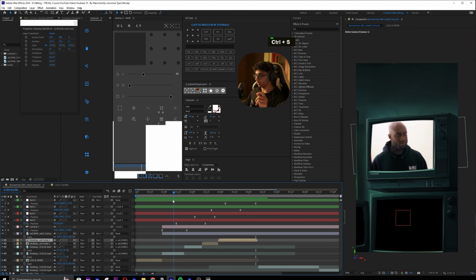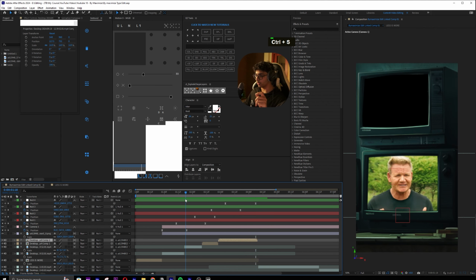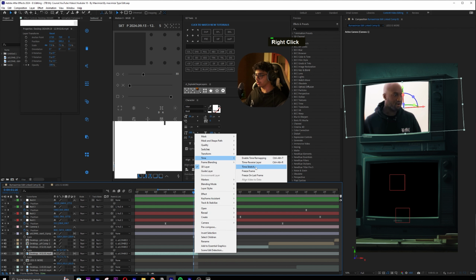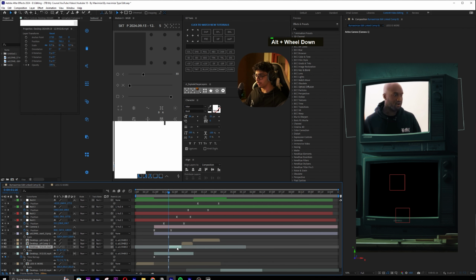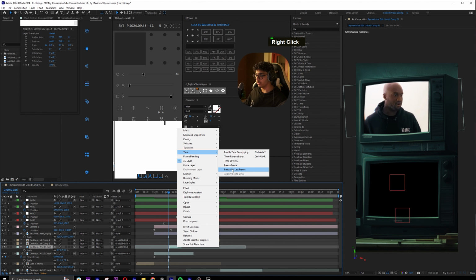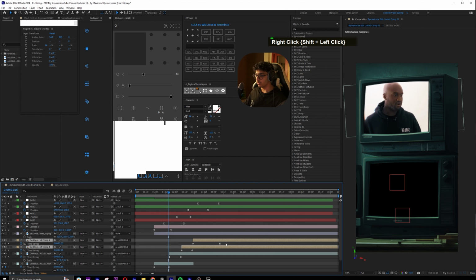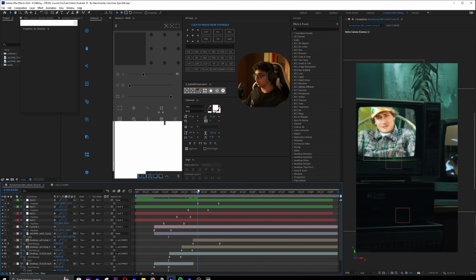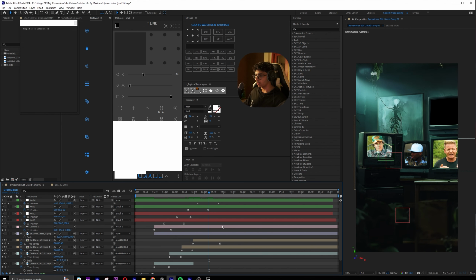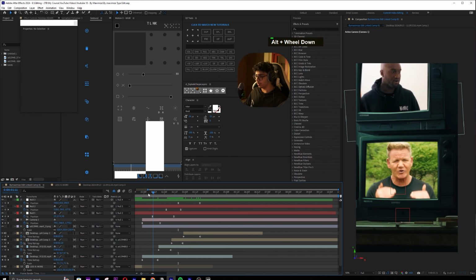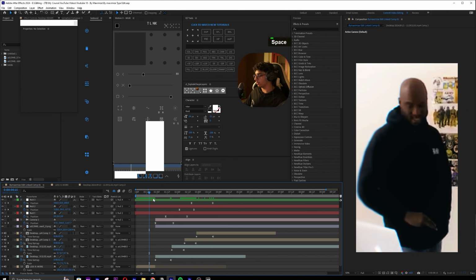Now what we will do is, you can see in these frames it's cutting out. So what we want to do is do an effect called freeze on last frame, and I'll do it for all of them. Let me select both of these and do freeze on last frame. So these will stay instead of cutting out. You can see over here one of them cut out, which you want to make sure doesn't happen. So once I did freeze frame on all of them, this is what we have now.